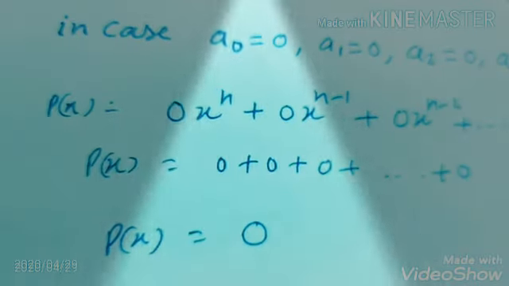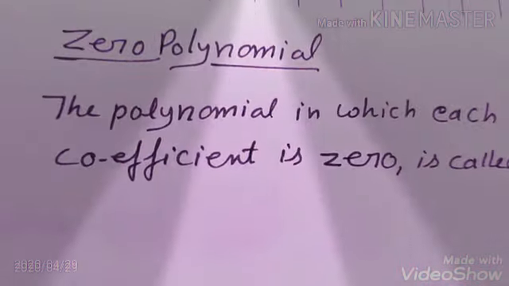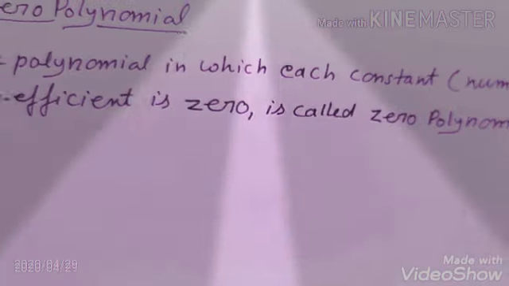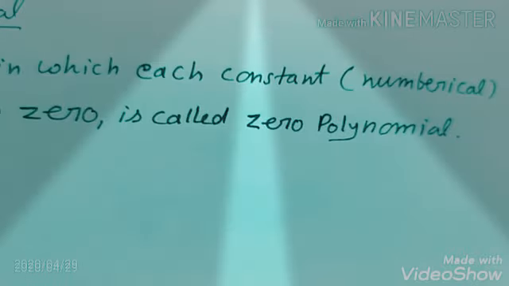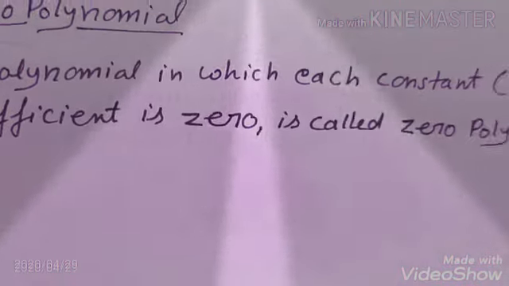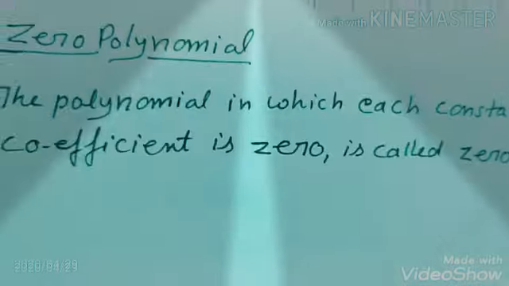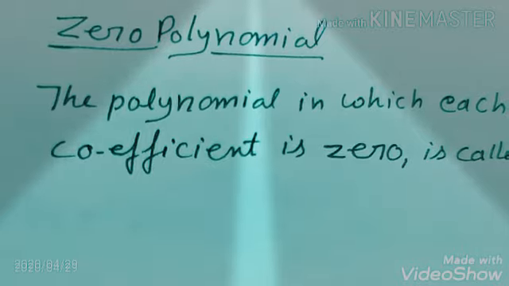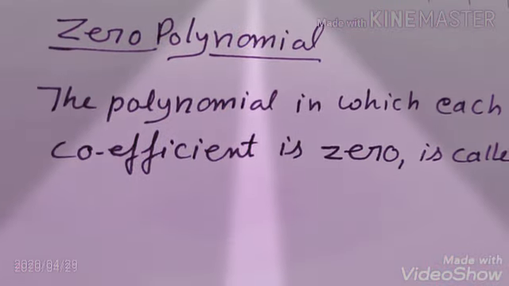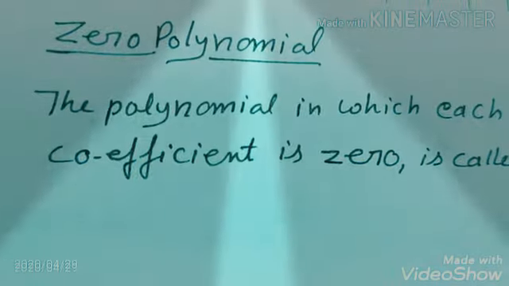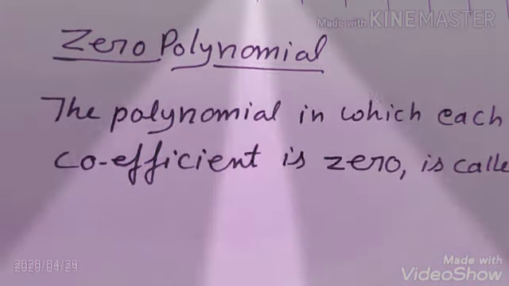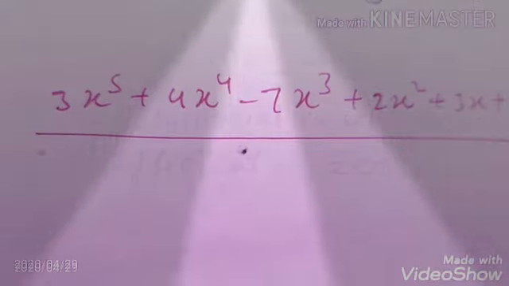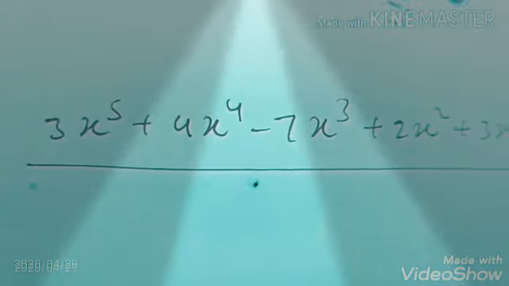So let's define zero polynomial. So what is zero polynomial? The polynomial in which each constant coefficient, or you may say numerical coefficient, is 0 is called a zero polynomial. So normally जैसे आप polynomials देखते हैं उनमें numerical coefficients होते हैं। So अगर किसी polynomial के सारे numerical coefficient 0 हों तो उसे हम जीरो polynomial कहेंगे।